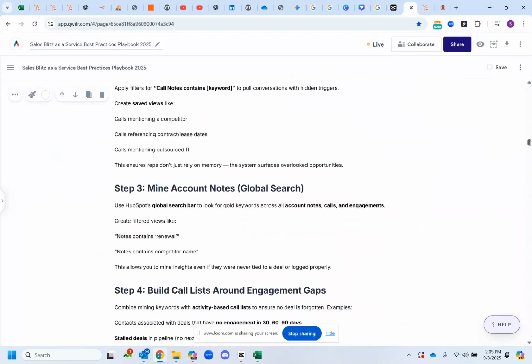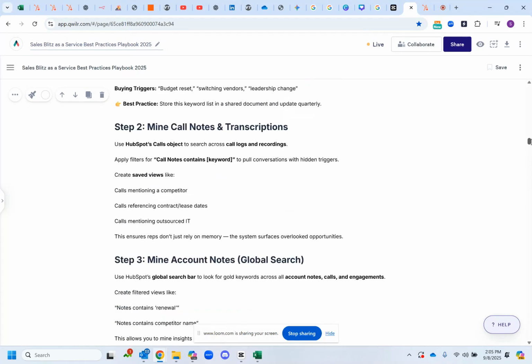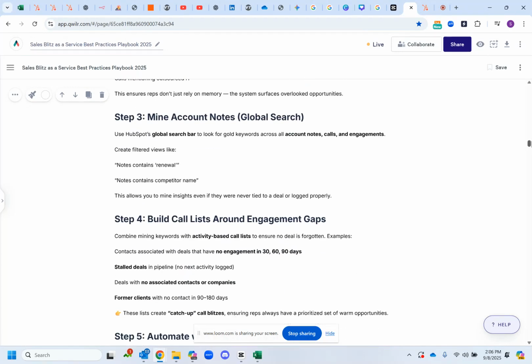Secondly, after we've mined all that, looking for the keywords, then we want to go through and see if there is a way to build a static list where we can put all of the best prospects that we mined from those results into a HubSpot static list, and leverage that static list to do an outbound sales sequence or calling campaign. And again, based off the revenue efficiency model that we often talk about, put us in front of the opportunities that have the quickest and most